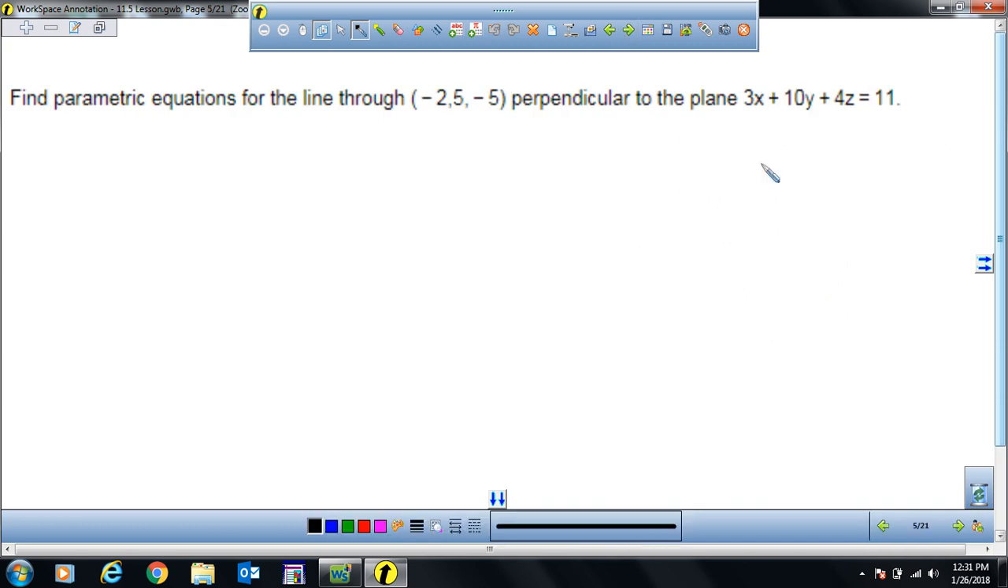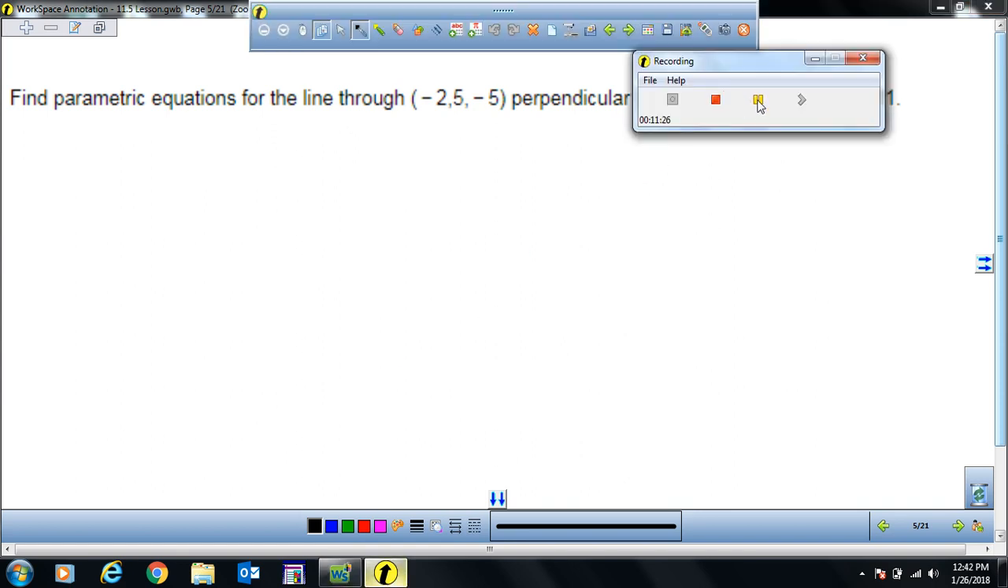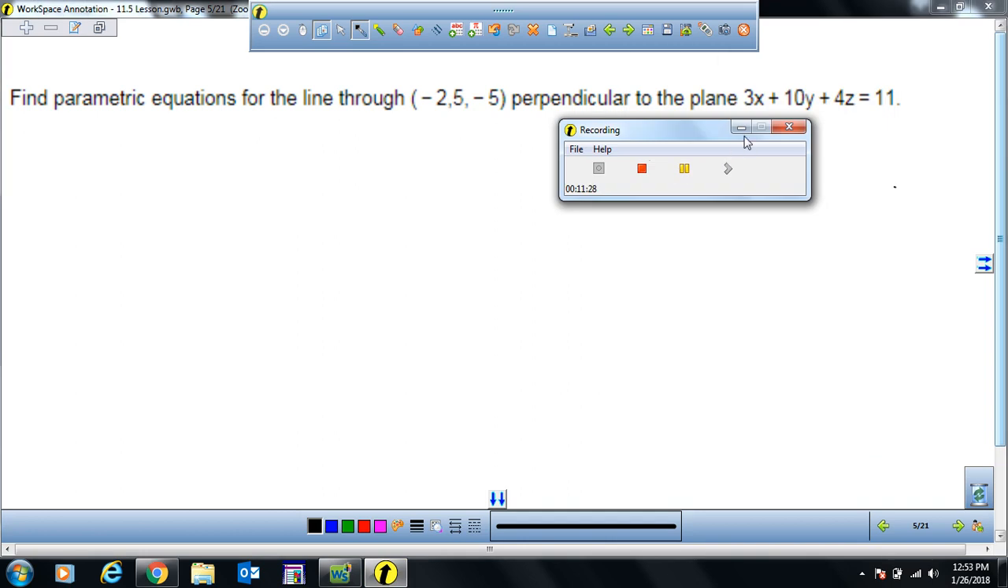Next, find the parametric equations for the line through (-2, 5, -5) perpendicular to the plane 3x plus 10y plus 4z equals 11. For this, let's keep one thing in mind,